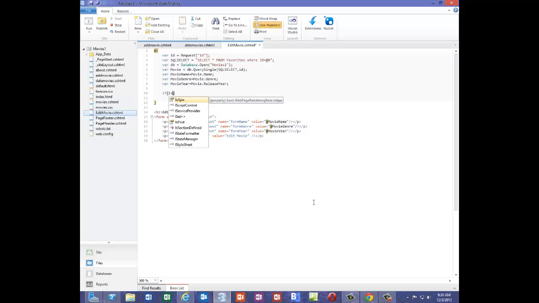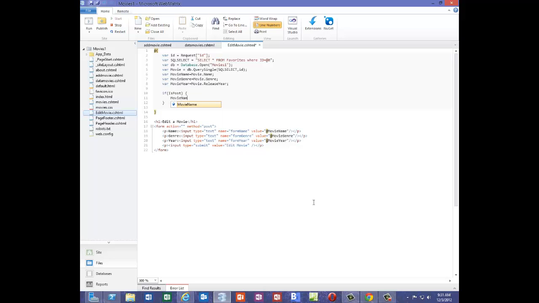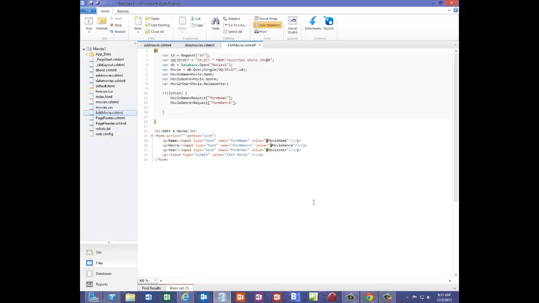If is post, movie name equals request form name, then movie genre, need that semicolon there, movie genre equals request, and this is form genre, semicolon, and movie year equals request form year, semicolon,